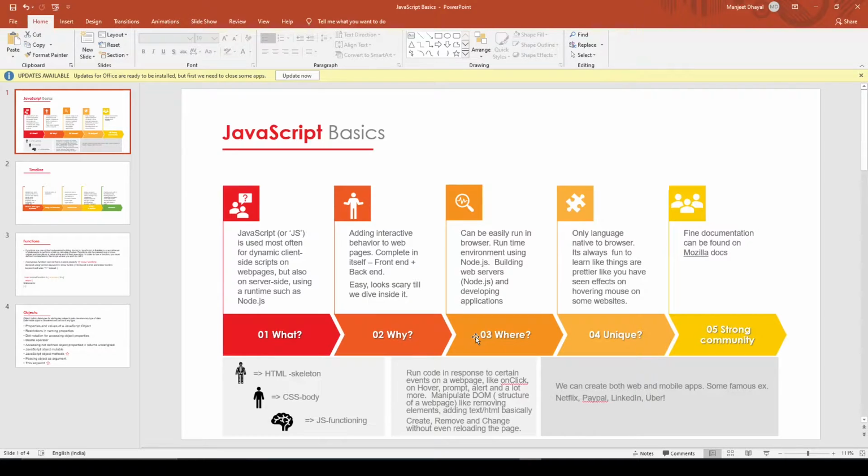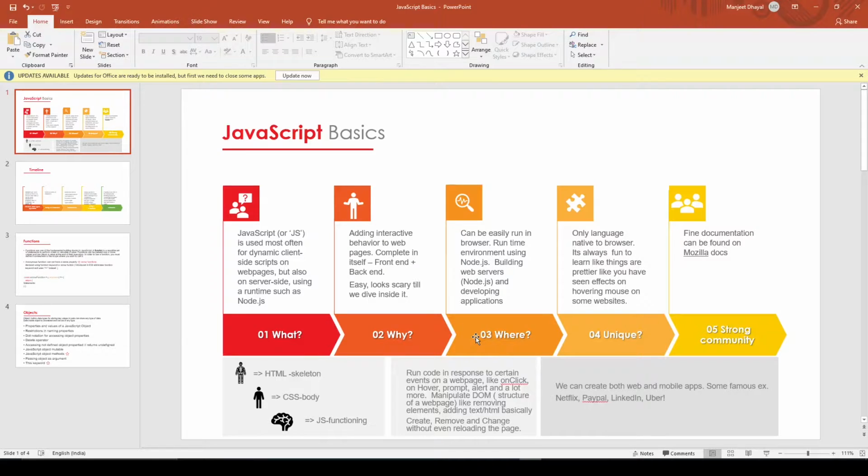But later an enthusiastic programmer thought, why not run JavaScript outside the browser, on the server? Google's V8 engine was open source at that time, so he integrated the V8 engine of Google Chrome with C++. A new JavaScript runtime environment appeared, that is Node.js. Node.js is used for backend, or server-side, JavaScript.